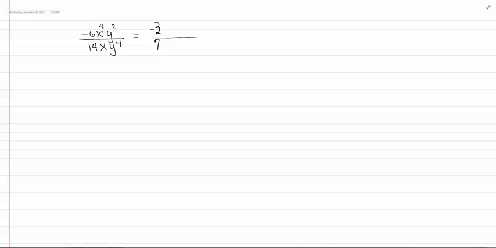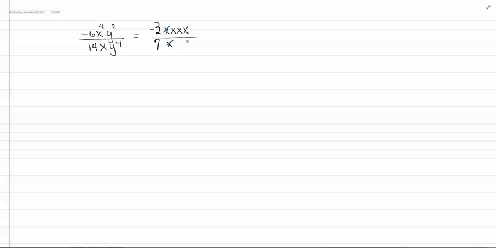Then you have x to the positive 4 on top, x to the positive 1 on the bottom. So that's like having 4 x's on top, but only 1 on the bottom. So when I go through to cancel an x for an x, I still have 3 of those x's on